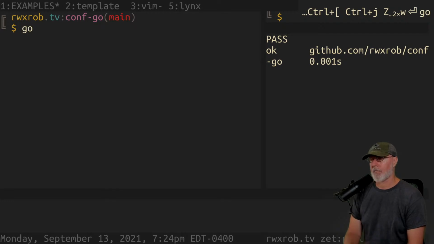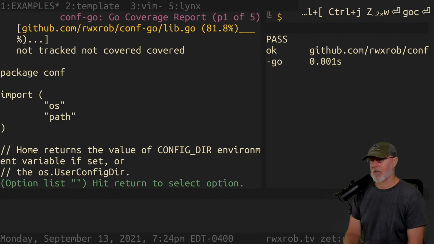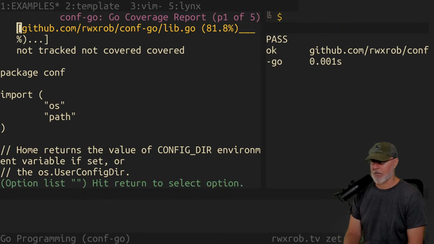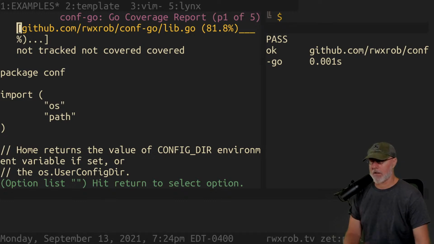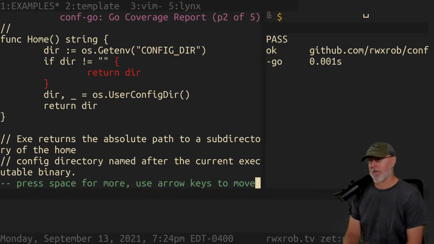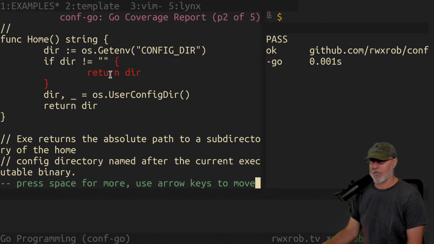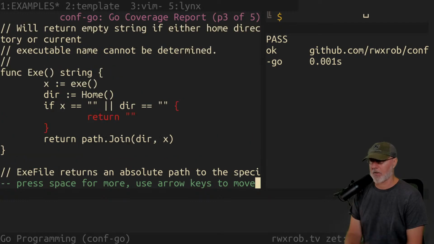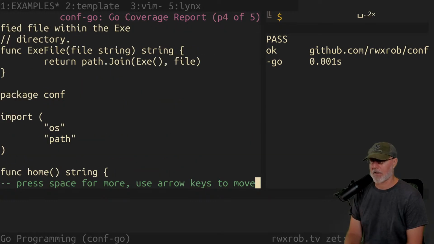I actually have a coverage program called GOC. It does all of it for me. You can go look at it if you want. It's in my dot files. It converts the coverage output into HTML that can be read with links and has color highlighting. And so then it tells me exactly what parts I'm missing that aren't getting tested. This is virtually impossible to test. It's just because it's dependent on the system calls, so I'm going to have to leave that out. There's no way I can test that.